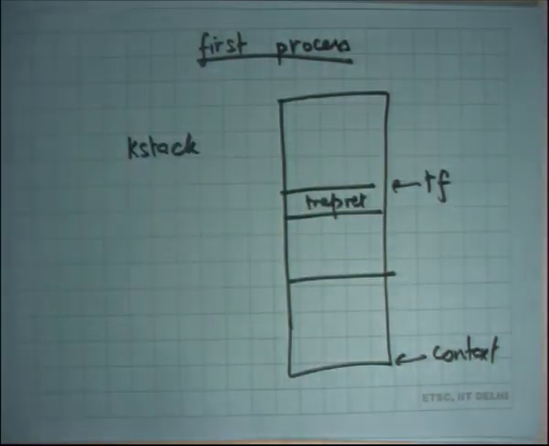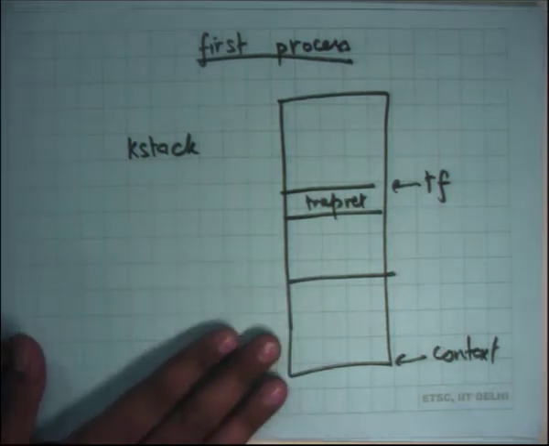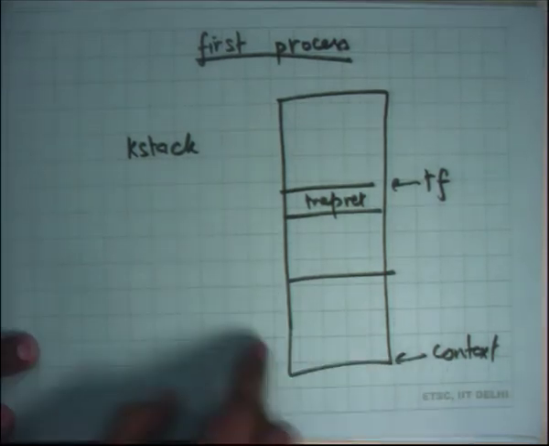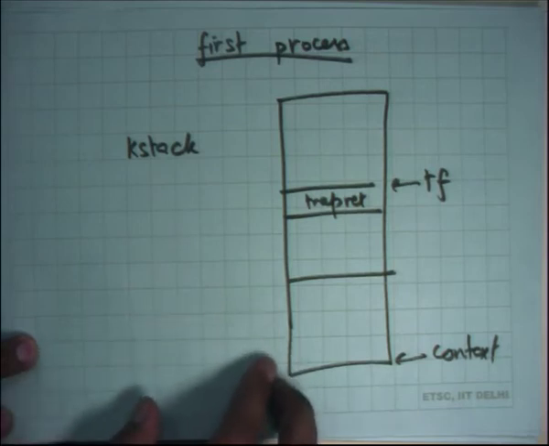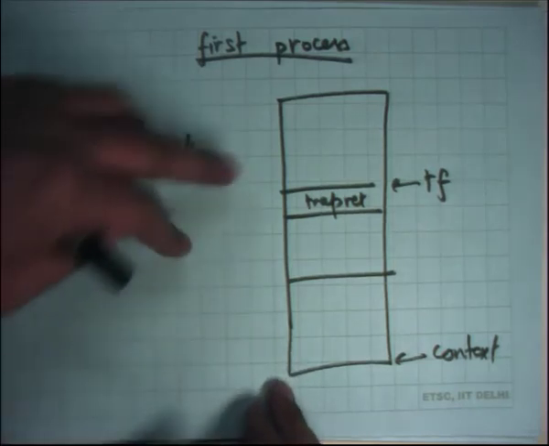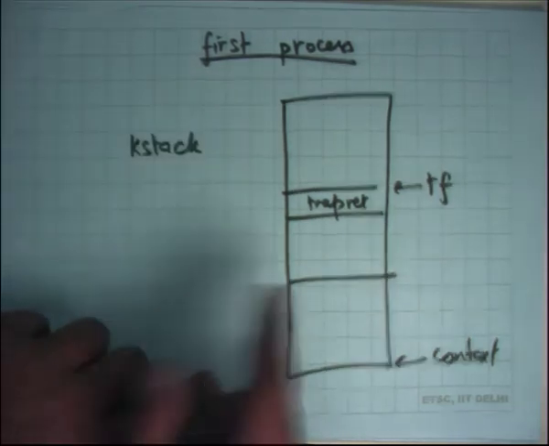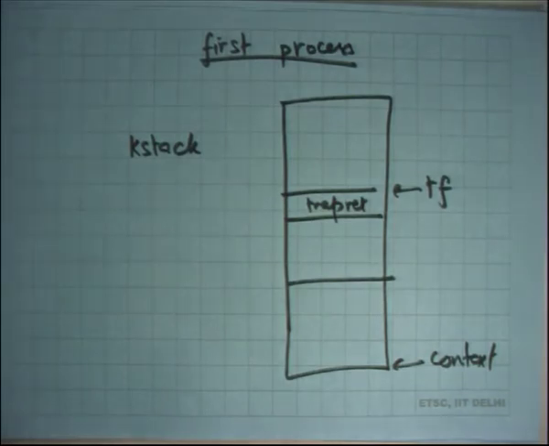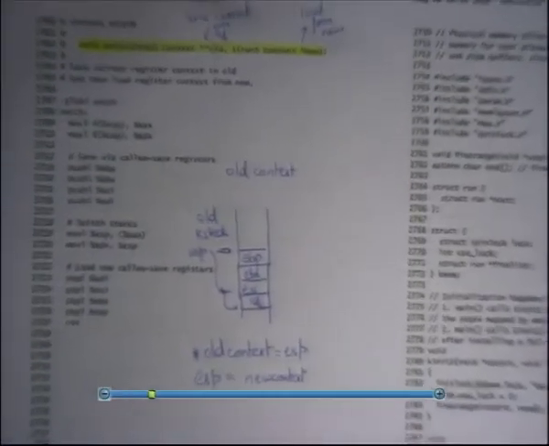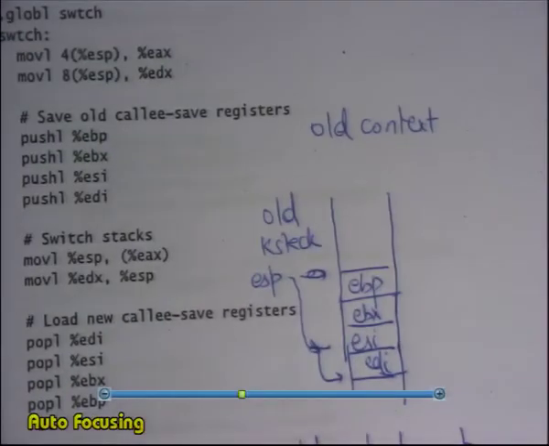Okay. So the invariant I am maintaining is that all the K stacks that are saved that are not currently running are always in this sort of format where context is pointing to a location which is basically pointing to the top of the current stack, and the first few bytes after context are basically these saved registers and the return address. Okay, question: why am I only saving these 4 registers?